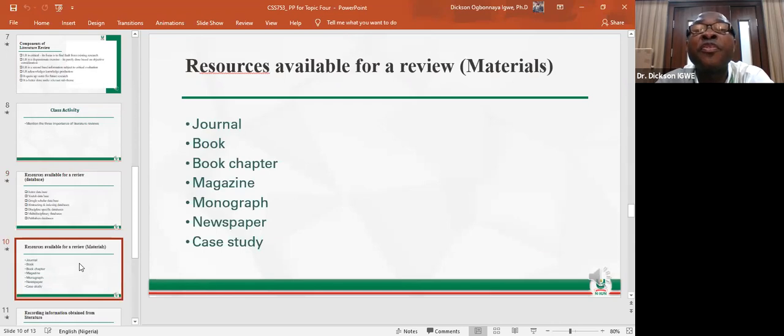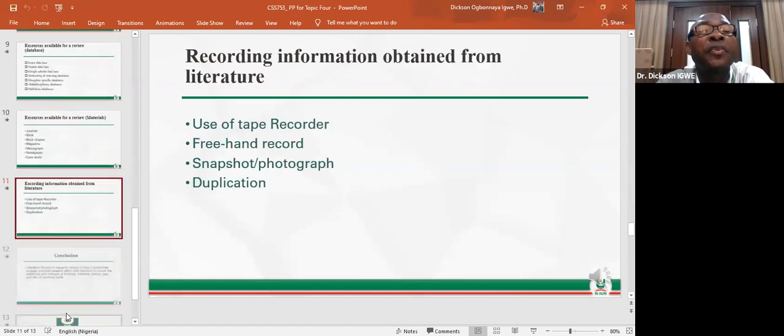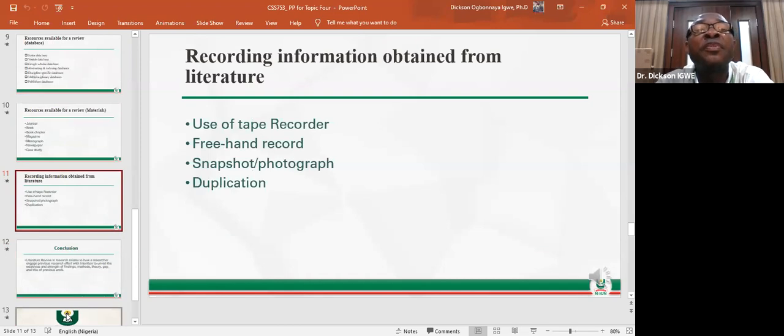Resources available for reviewers in terms of material. The materials you review fall under the following categories: journal material, book materials, book chapters materials, magazine materials, monograph materials, newspaper materials, case study materials. Recording information obtained from literature: use of tape recorder, freehand record, snapshot photograph, duplication,